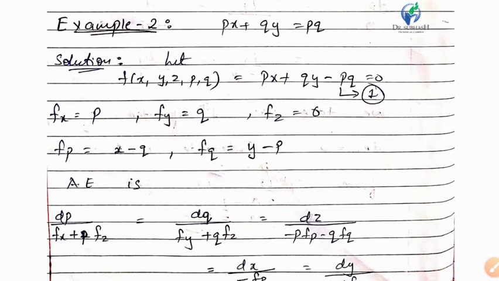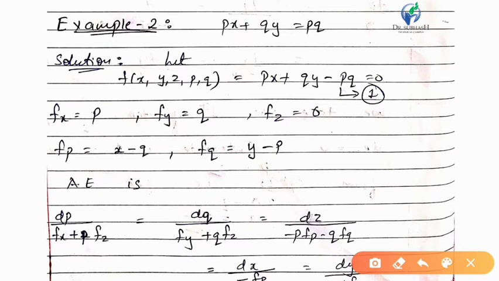for which integration will be easier for me. I'll find the value of p and q, and then I will put this value of p and q in the equation dz equal to p dx plus q dy, and I will again integrate it to find the final solution. So these are my general steps through which I can solve using Charpit equation. Okay, so these same steps I will apply in this example.